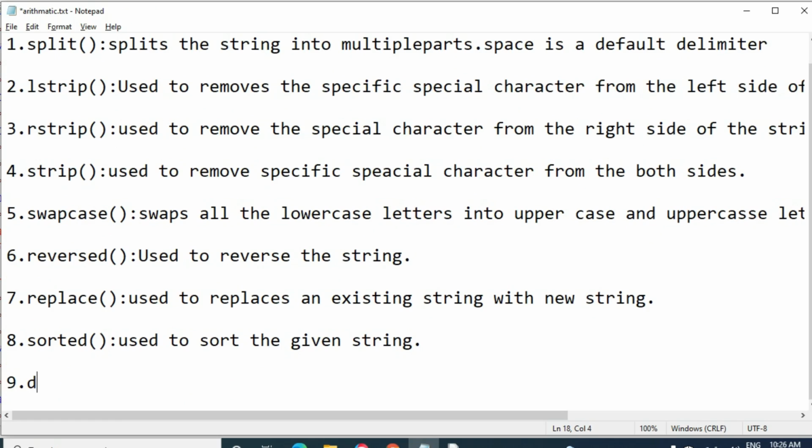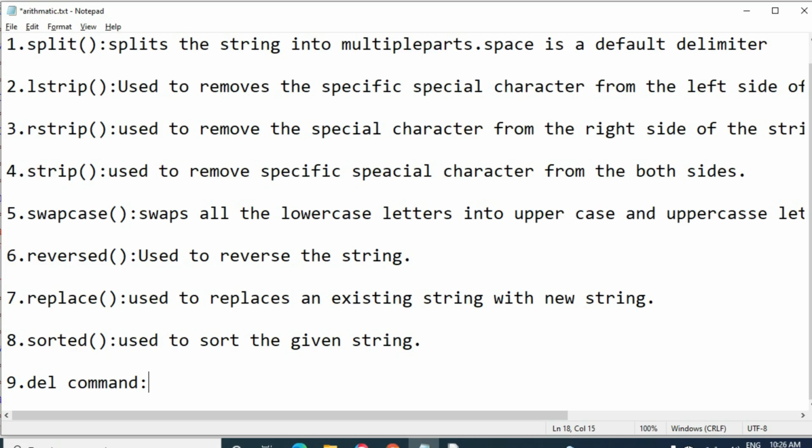Then the next one is the del of command. Del command. This is used to delete the entire string. If you want to delete the particular string completely, we should go for the del command.